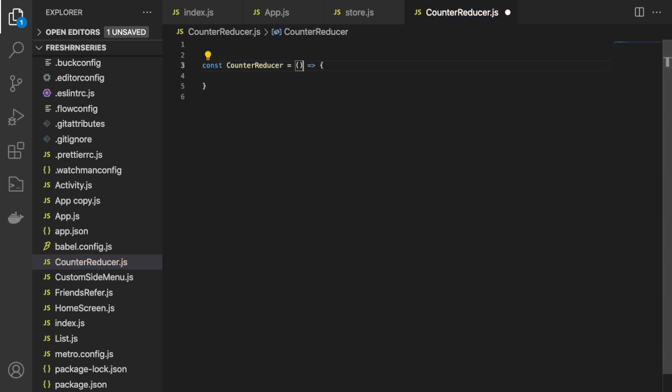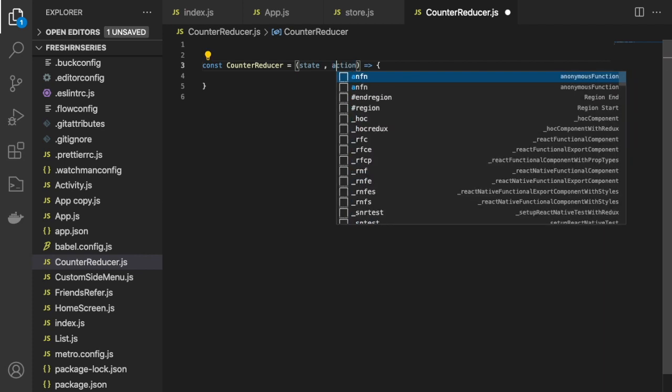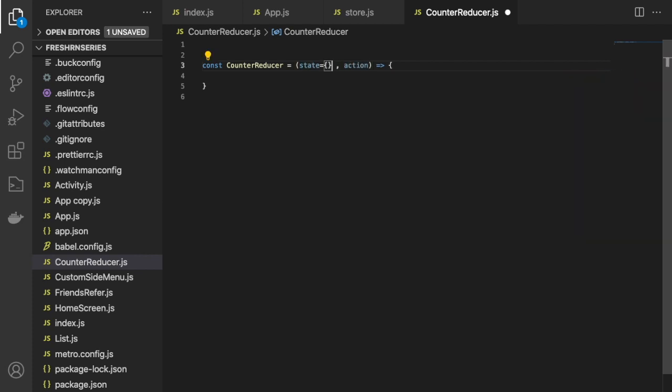Here we have to pass the state and action. For the state I want to initialize it with a counter of 0. So I'll pass it like this: the initial value of the state is count equals 0. And this is fine.